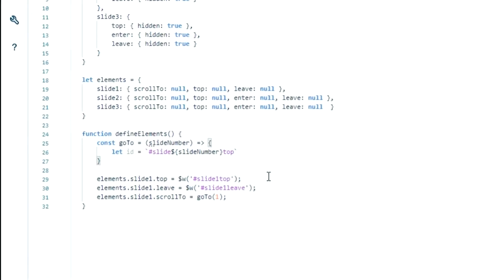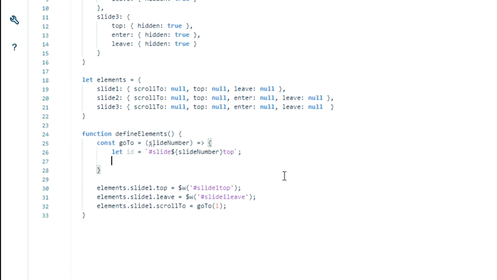So this function will determine the ID of the anchor that the function was called on, and first check if the ID